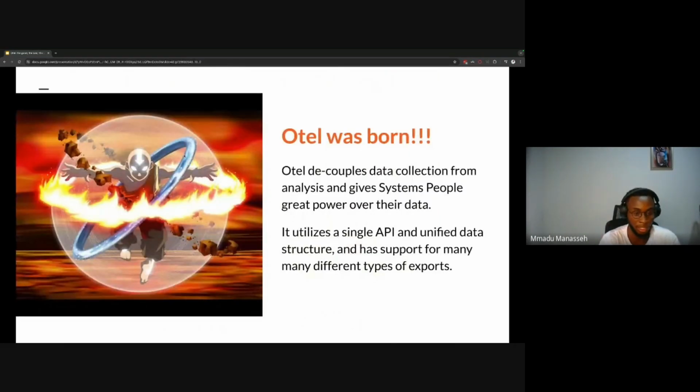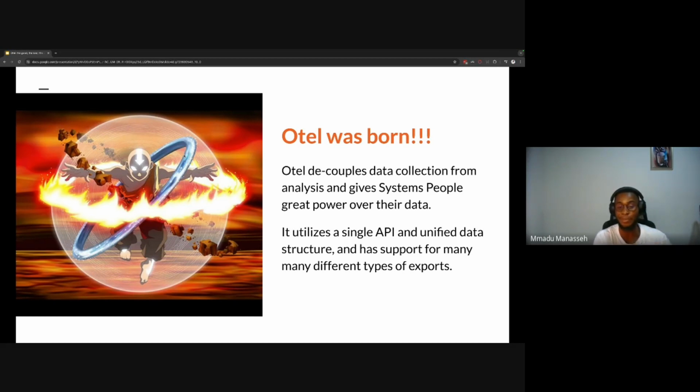And then that was when Otel came into play. Otel was born out of the need for a centralized data collection mechanism. One thing Otel does is it decouples the data collection and analysis from the data storage. So I can have my data collected using Otel and then choose how I want to store that data. If they want to store it in Datadog, I push it to Datadog. If they want to store it on Prometheus, push it to Prometheus. So whatever it is, no matter the backend, the method of collection doesn't change.